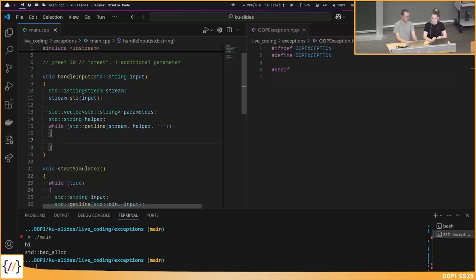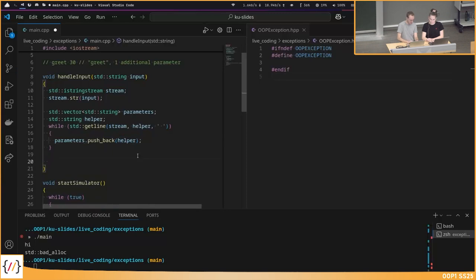So basically, if I have this as the input, then on the first getline call, I would get greet, and on the second getline call, I would get 30, and on the third call, I would get false, so I would not continue here. Okay, now I store it in the helper variable, and I can just push back what I have read from the stream into parameters.